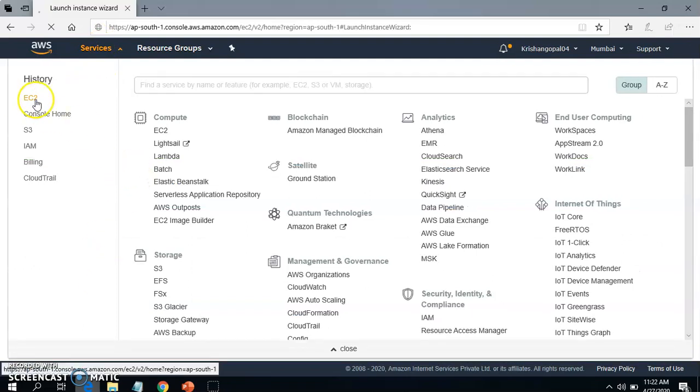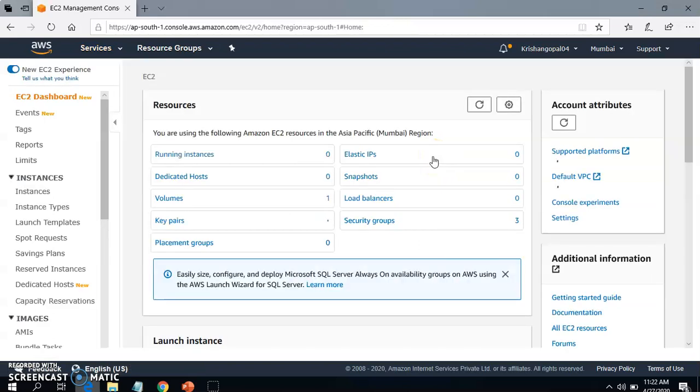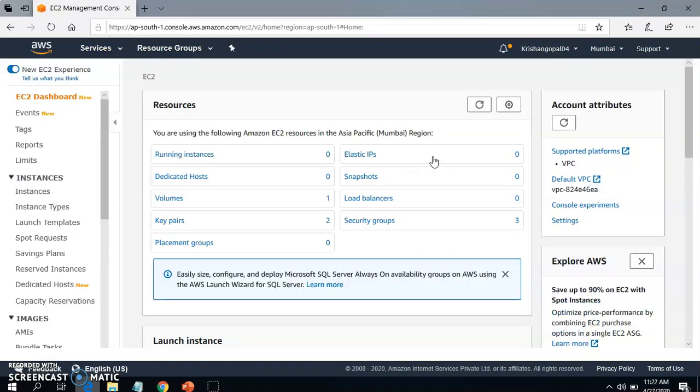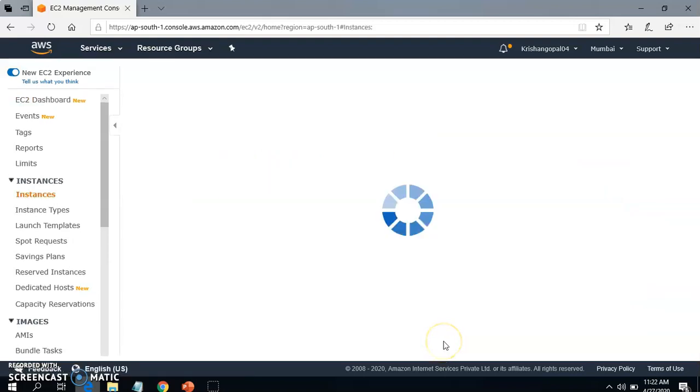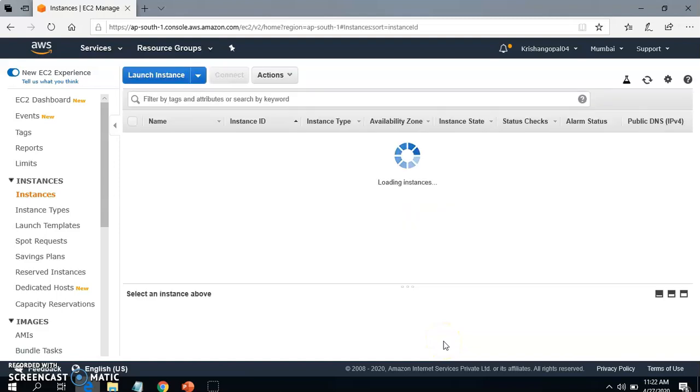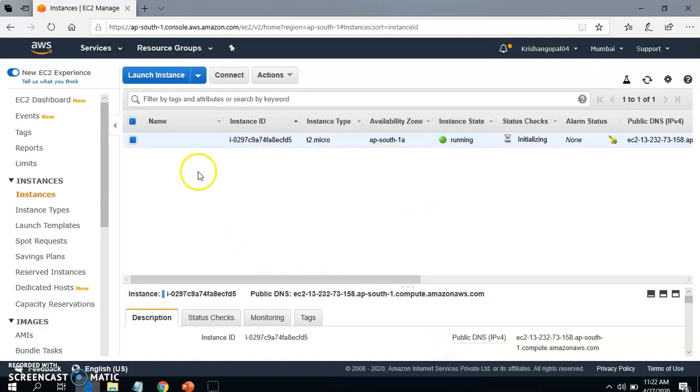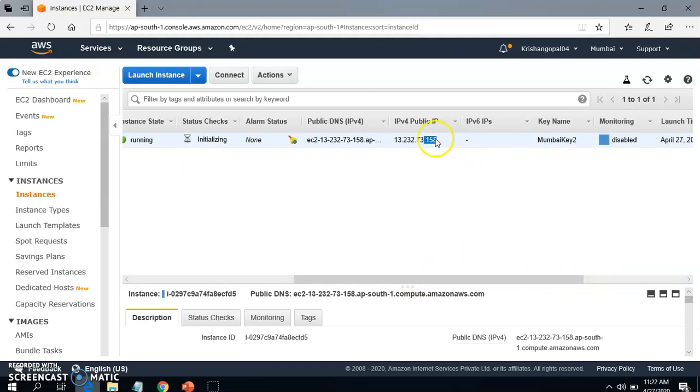Now I'm going again to the EC2 dashboard. Running instances. So now you can see here the running instance is running and the status is initializing, and this is the public IP that has been given to this machine, and this is, you can say, the dynamic public IP.